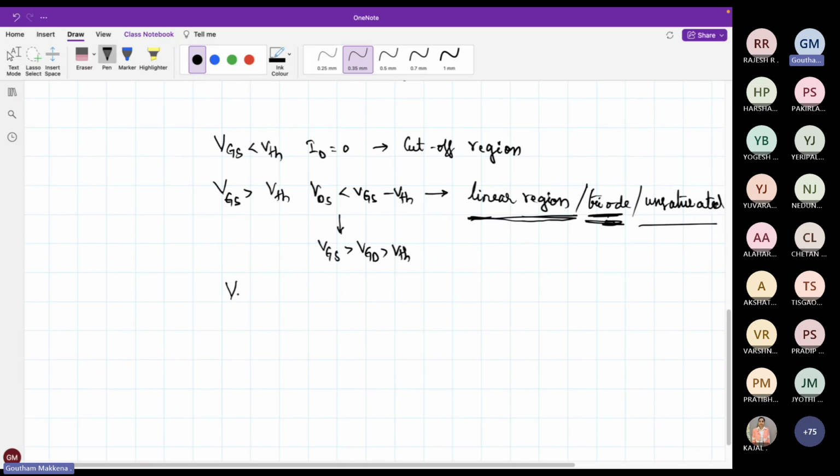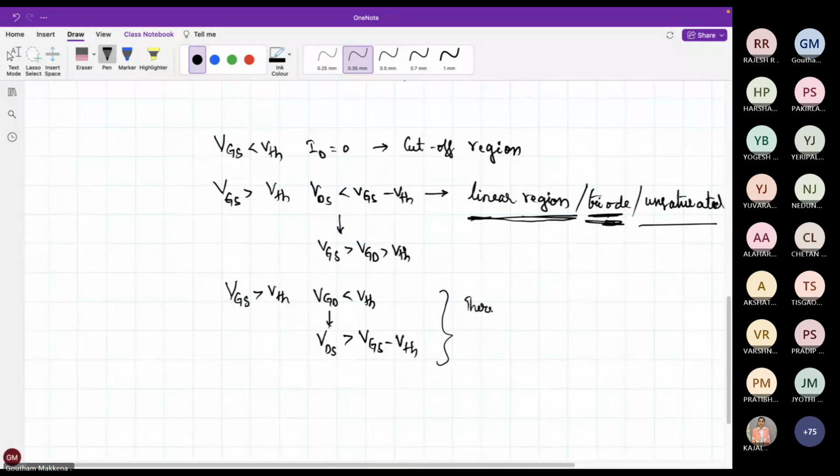Okay. Then there is one more condition. VGS is greater than VTH. VGD is less than VTH. If you follow the arithmetic, you can see that this is nothing but VDS is greater than VGS minus VTH. So in this condition, there is no channel towards the drain side,